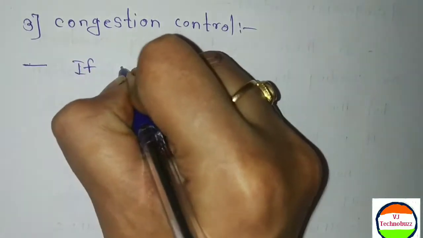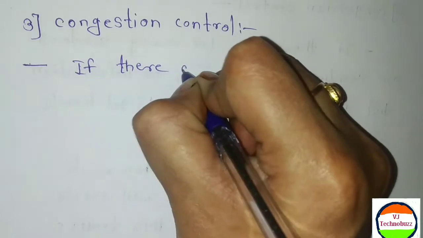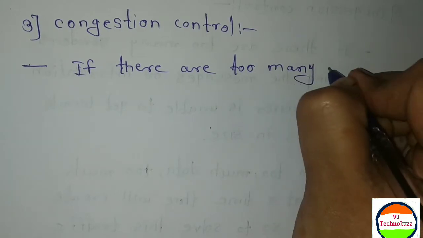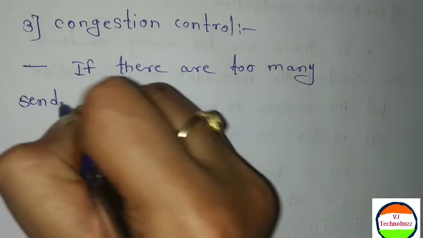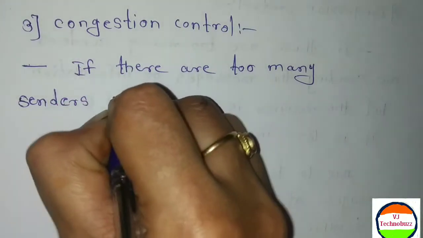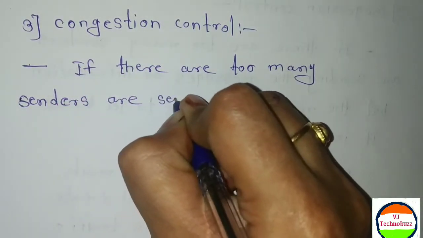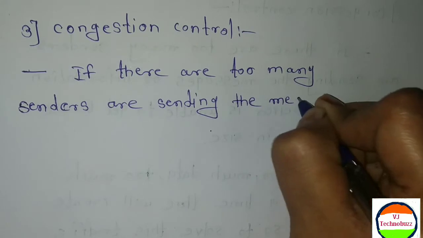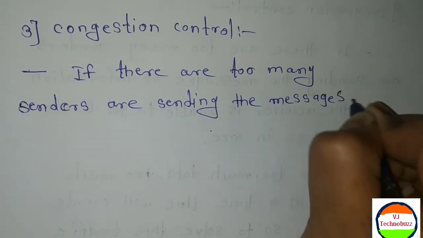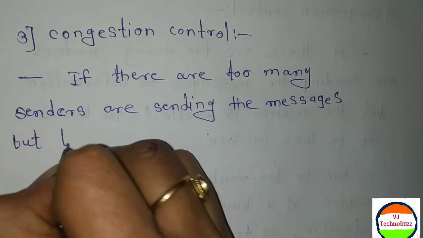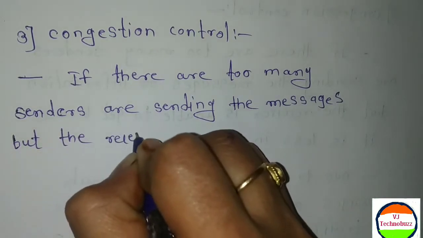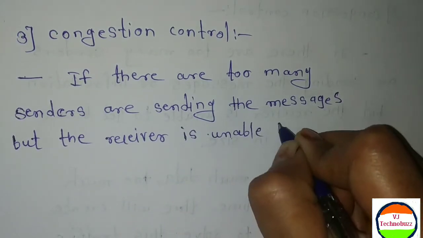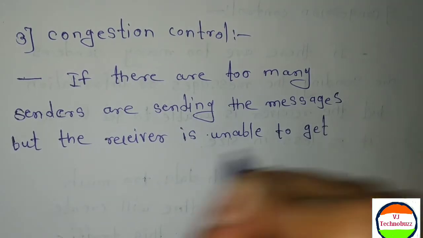If there are too many senders sending the messages but the receiver is unable to get them because it is less in size,